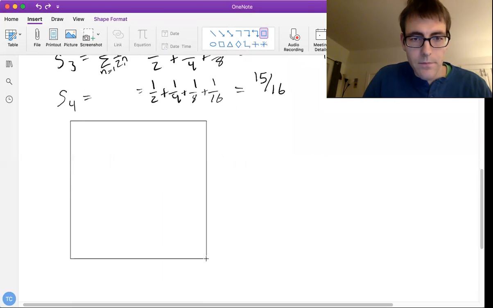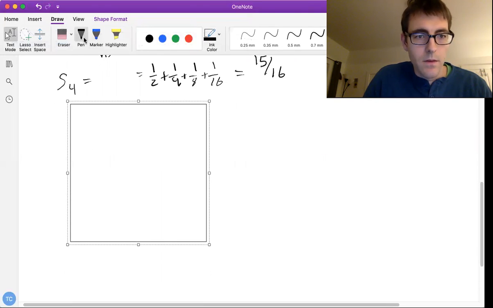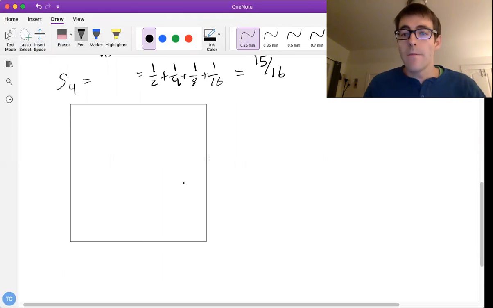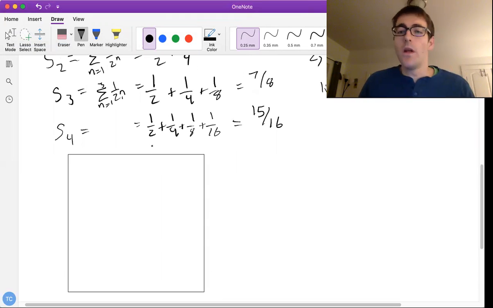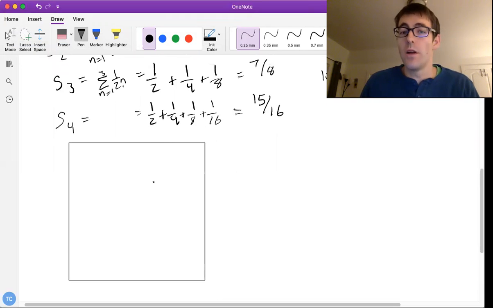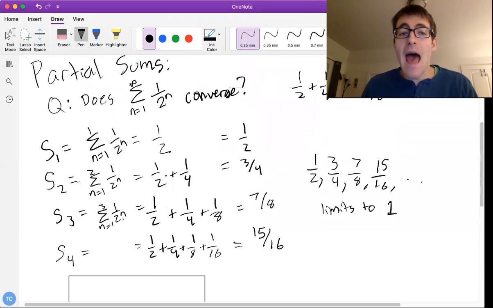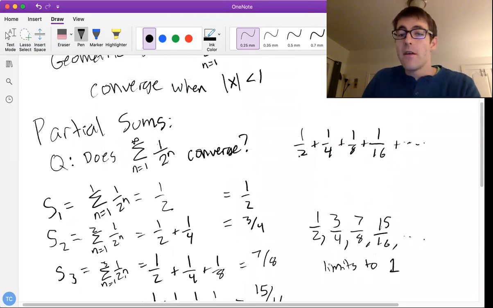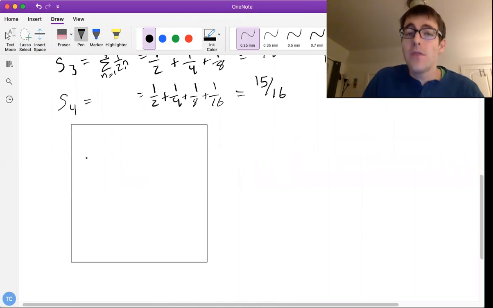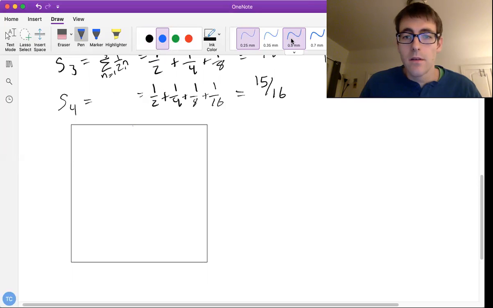If the square has side lengths of 1, the total area of the square is 1. What we're doing is adding up 1/2 plus 1/4 plus 1/8 plus 1/16. So let's do that pictorially. Let's say we want to add up 1/2. We're going to start with this half,